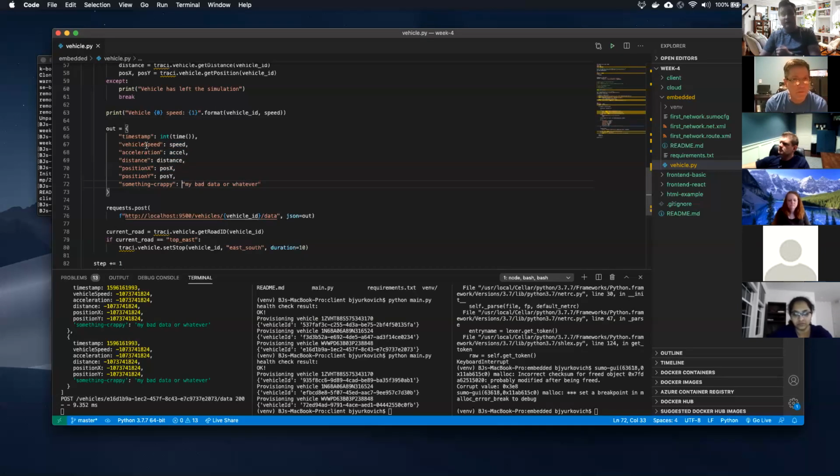Or my V2X depends on it, because I can't make a good prediction for you down the road with the optimal traffic configuration or something, right? So I absolutely need you to send me those. Developers will always make mistakes, right? They will always use your APIs in ways you don't want them to, guaranteed. And so you need to do as much as you can to stop that from happening. So what are some of the ways we could make sure that doesn't happen? Anybody?